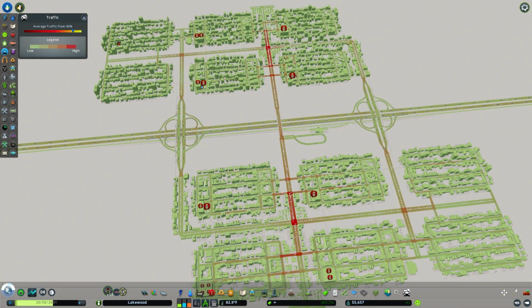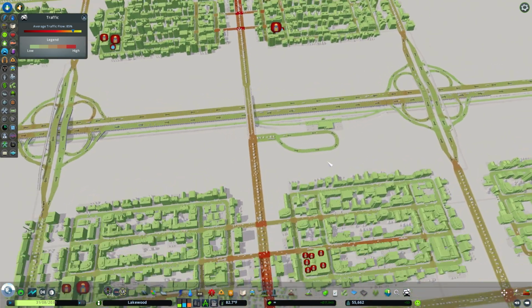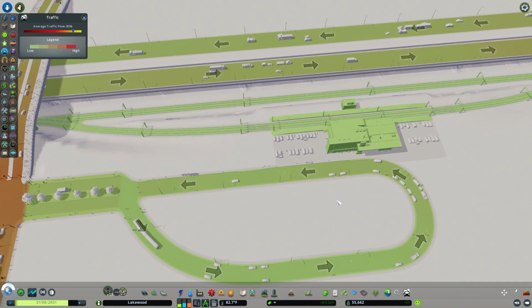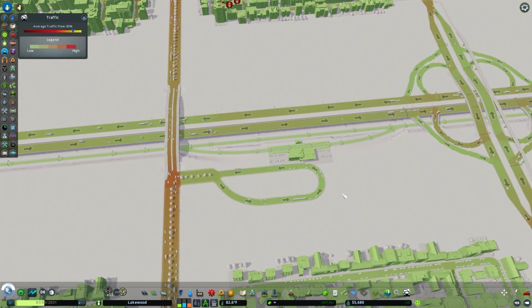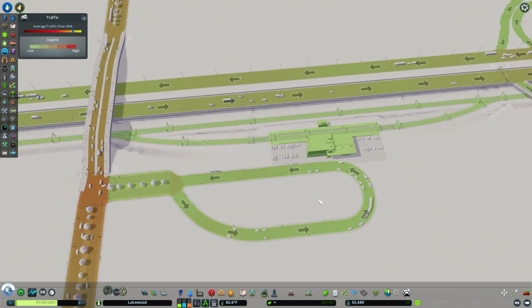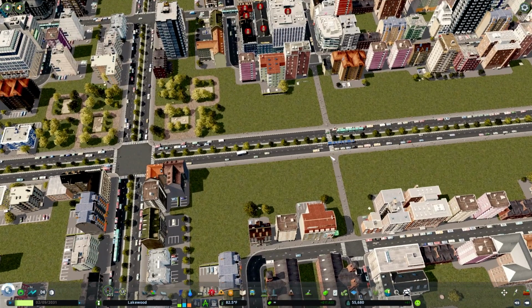At this point, traffic seems to be bouncing from 84 to 87%, sometimes a little lower, sometimes a little higher, but it's kind of high 80s, mid to high 80s is the equilibrium that we've reached. So every little change has yielded better and better results for our city. Transit is a form of traffic reduction, just like walkability and bikeability, adding all of the bike paths, walking paths,